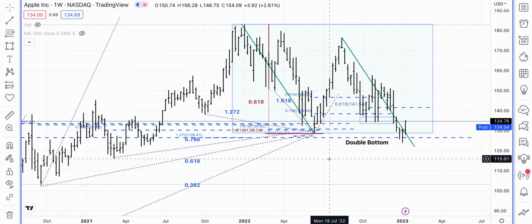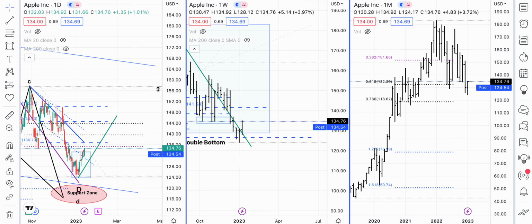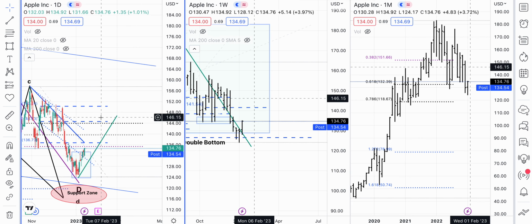And if you ever do analysis of Apple yourself, you'll find that key bottoms have been formed when Apple has just come back and tested a bottom. So it kind of forms a double bottom. Go back and have a look at the price action in 2016. Okay, so let's go back and have a look at